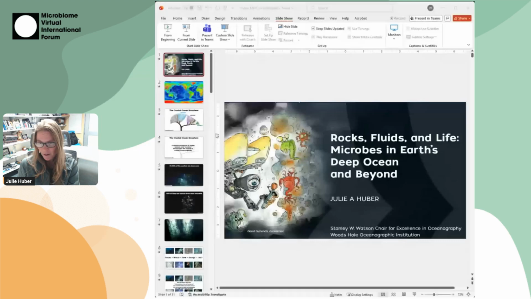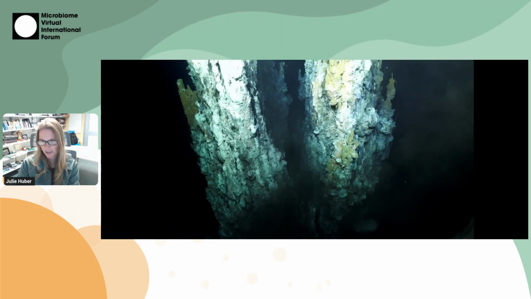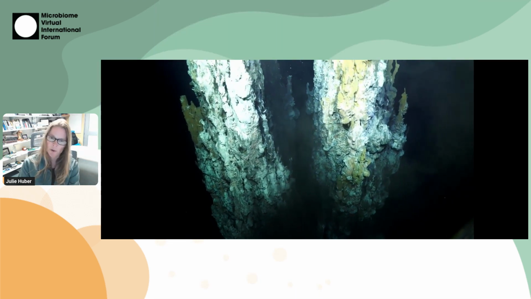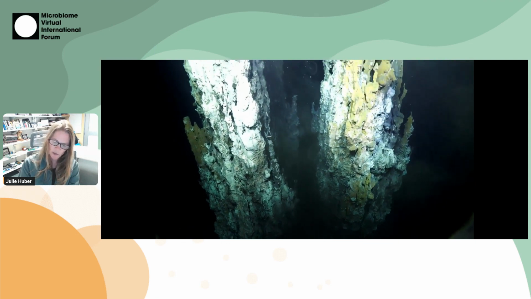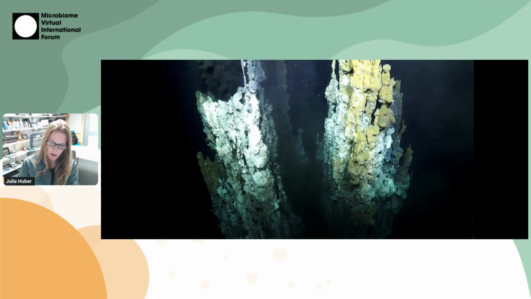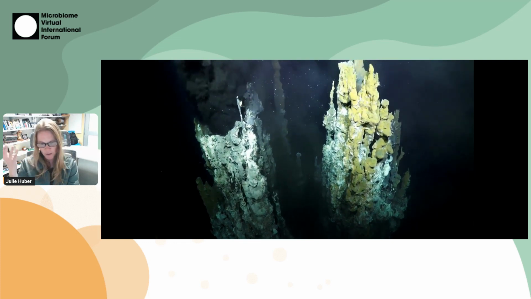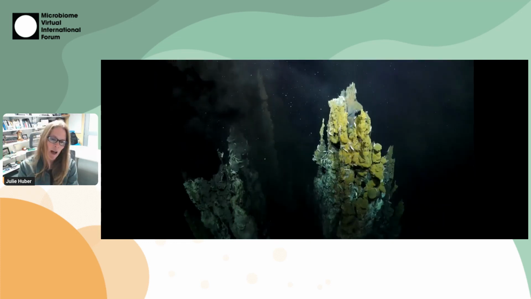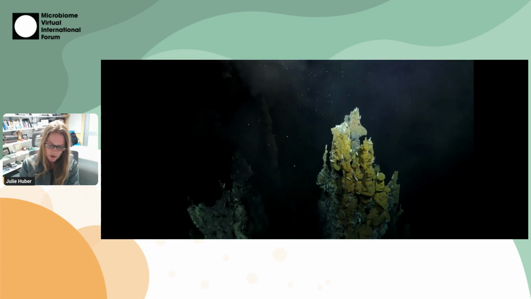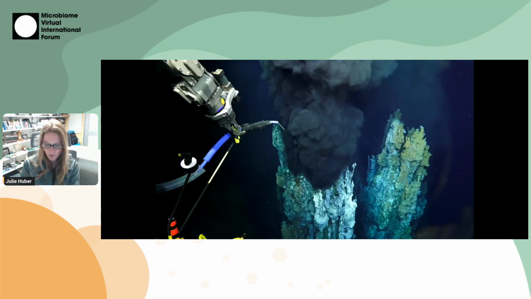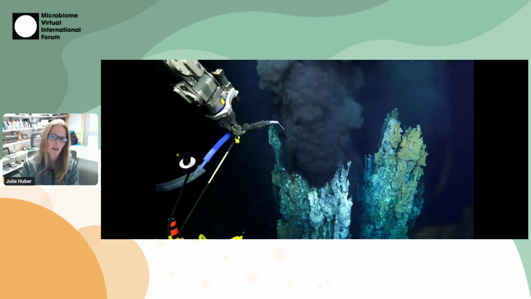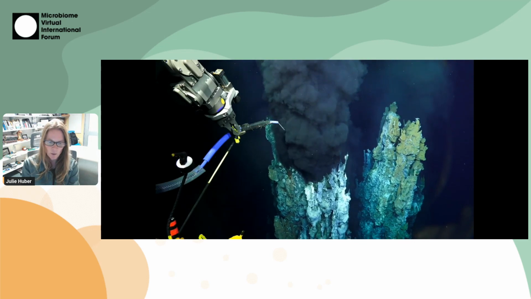But probably familiar to most of you are these spectacular black smokers, which are formed when seawater reacts with a heat source beneath the seafloor and is chemically modified. And then when all these minerals precipitate, when that hot buoyant fluid returns back to the deep ocean, it produces these sulfide chimneys or black smokers like these in the Western Pacific near Guam.